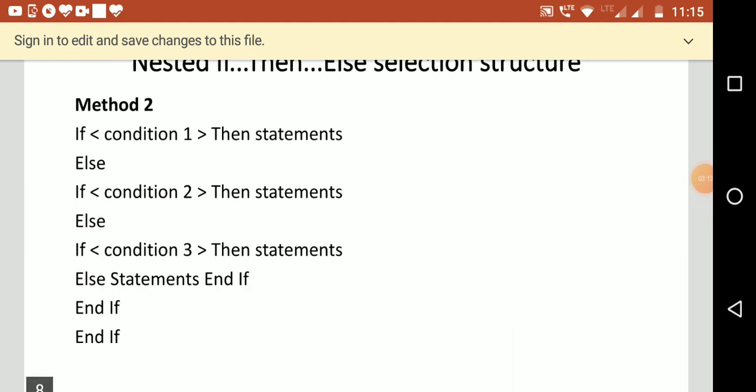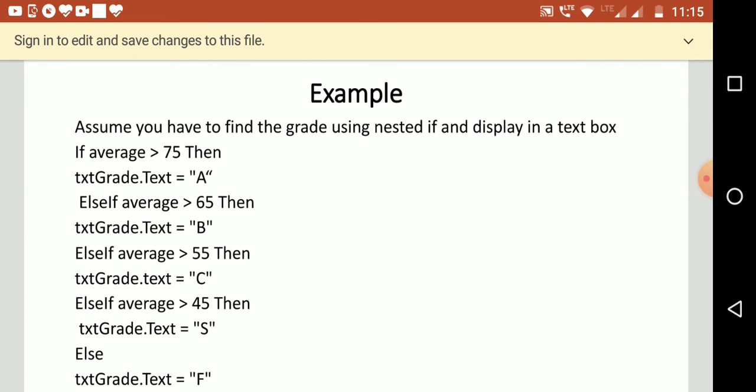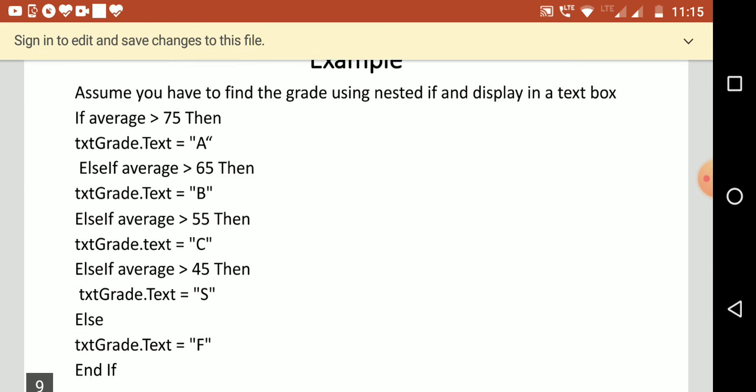So the first condition will be checked. If true, the statements under this will be executed. Otherwise, it will go to the second condition. If that is true, then the statements under that will be executed. If that is also false, then it will go to condition 3, and so on. This is the example you are seeing here.